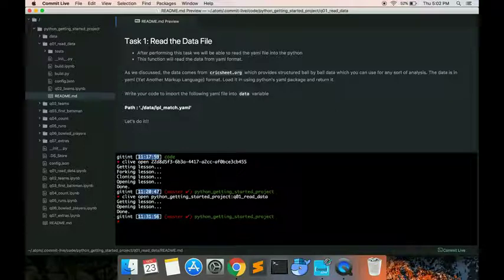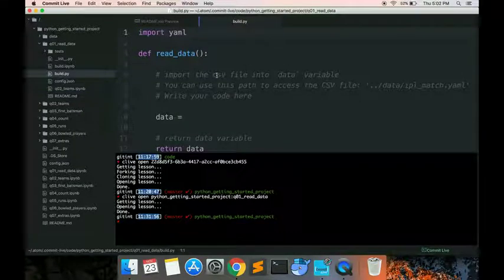Our first assignment has a title, Read the Data File in CommitLive Web, and Q1_read_data as the title of the subfolder in the CommitLive IDE. Open up the build.py file present under the Q1_read_data folder and start writing your code in it. Make sure you keep saving your build.py file as and when you edit it.